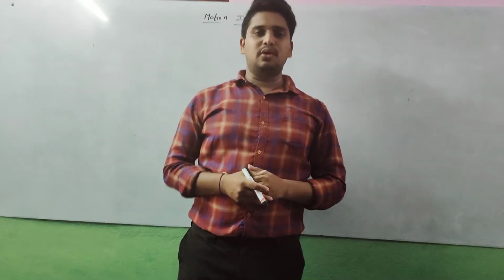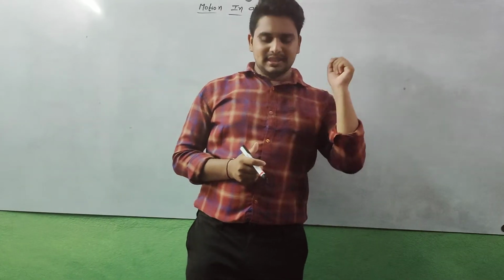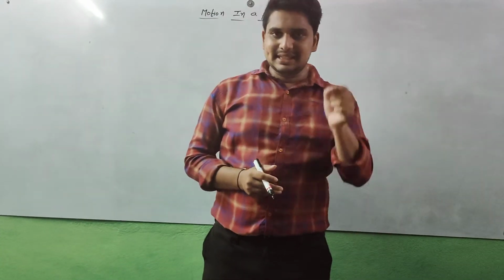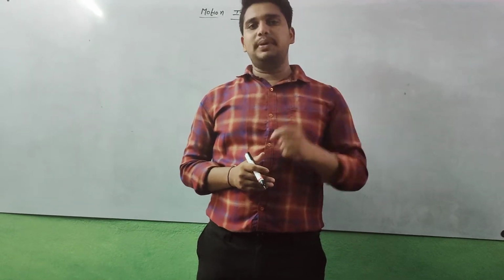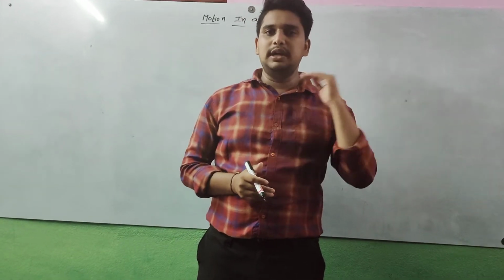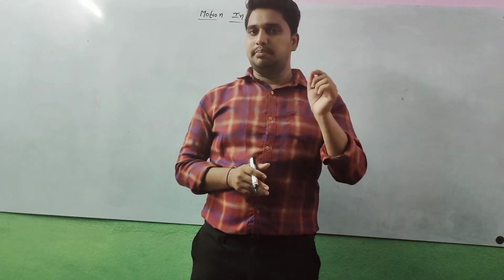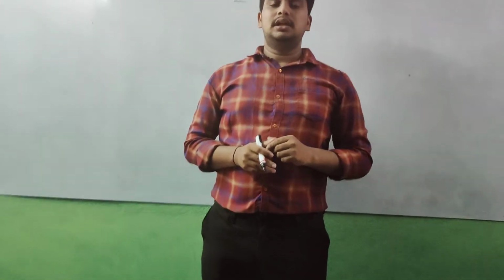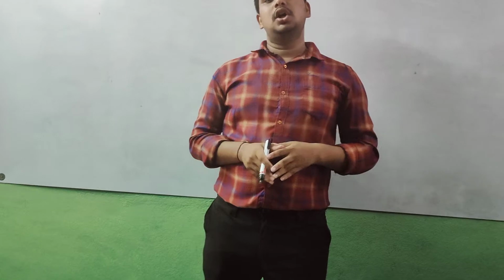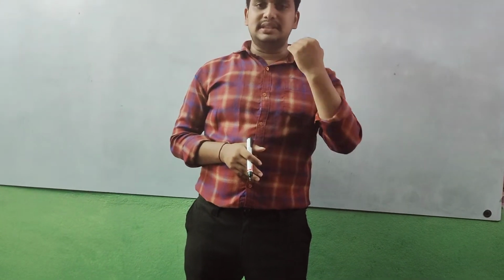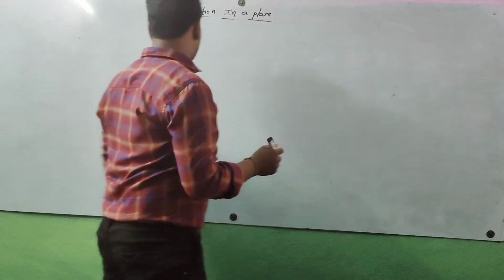Right, up to now I uploaded two video lectures on this topic, motion in a plane. In the first lecture I just gave an introduction for this chapter. In the second lecture we started the topic oblique projection. In oblique projection two motions are possible, horizontal motion and vertical motion, because it is a two-dimensional motion. Horizontal motion I discussed in the second lecture, that is already completed. Now today we are going to discuss the next one, vertical motion in oblique projection.